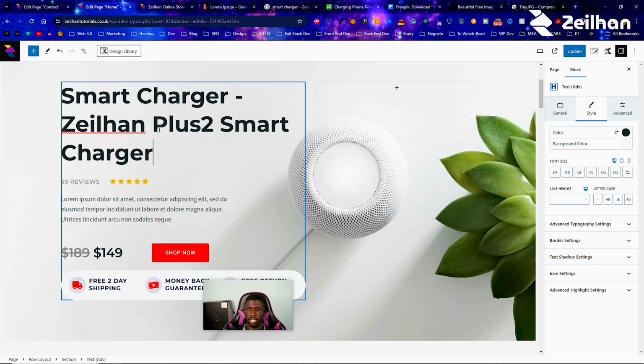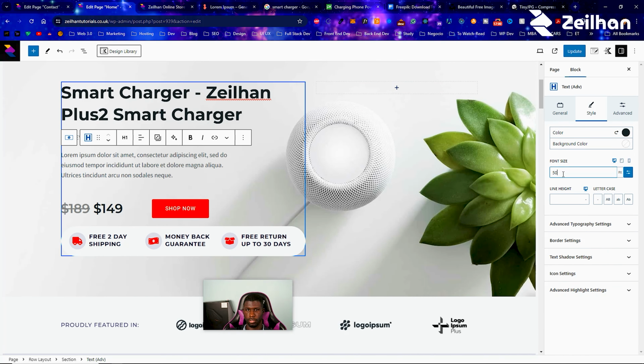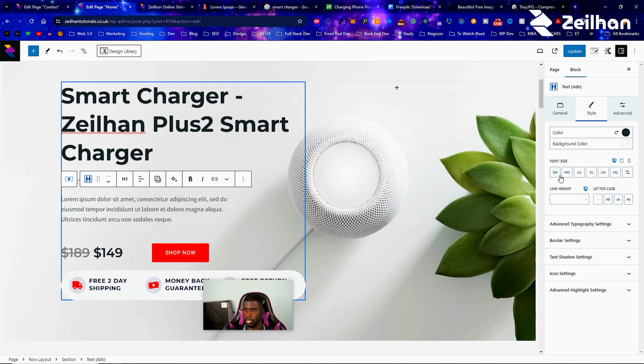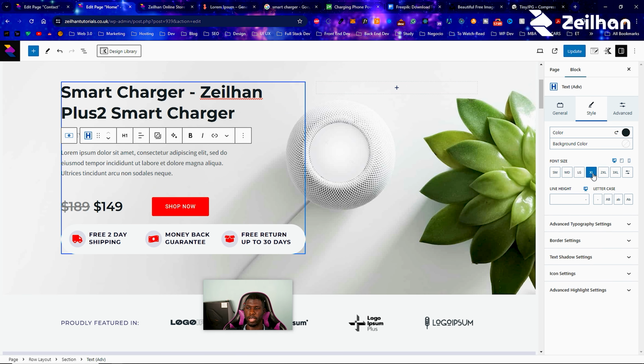Text is a little bit big. So let's just go ahead and change the size. Click on that. Style, font size. So you can use this to change a pixel like this, and you can just increase, or you can just click small, medium, large, extra large. This is a little bit better because you're going to get the same size across all your